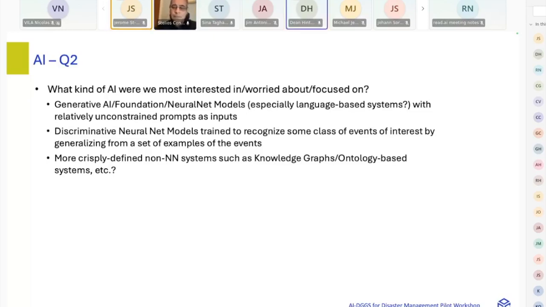Yeah, so it's kind of two different levels of the question. In terms of what we actually did, I think I agree that using knowledge graphs and stuff, so that's the more crisp models, is obviously something we did in this pilot. We still did use the Gen AI LLM stuff, as Justin and others pointed out, for the chat front end, to convert natural language into queries for DGGS or for knowledge graph. So at that level, we used LLM.